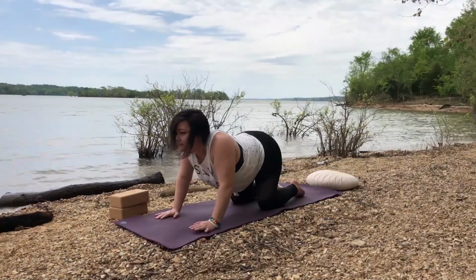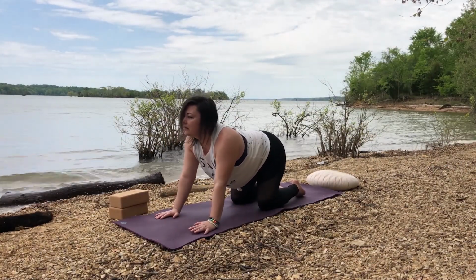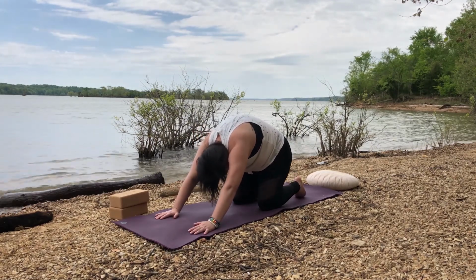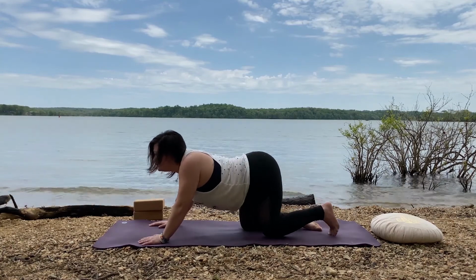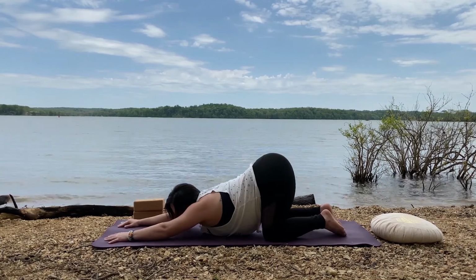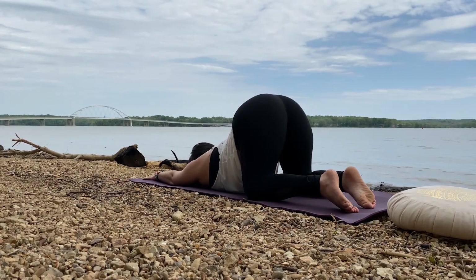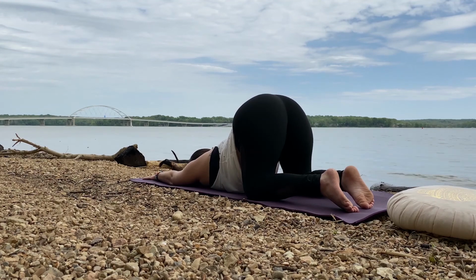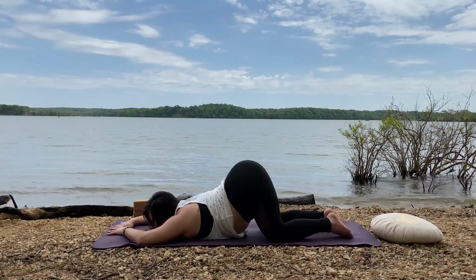Inhale, arch. Exhale back into a round shape. And then inhale back to neutral. Keeping the hips above the knees. We're going to extend the arms forward and bring the chest down to the mat for melting heart, also known as a puppy pose. I want you to find your place right here, bringing the forehead to the mat,